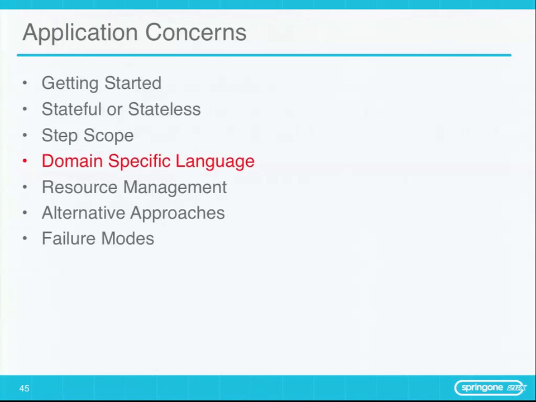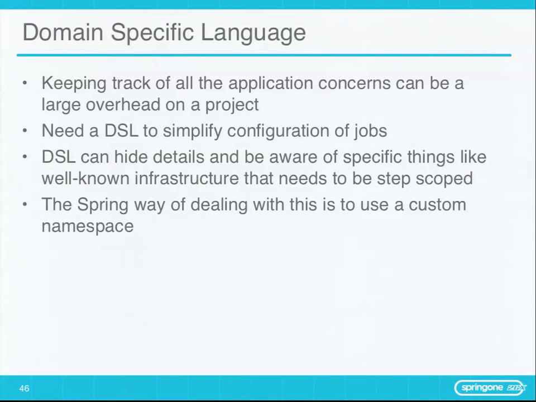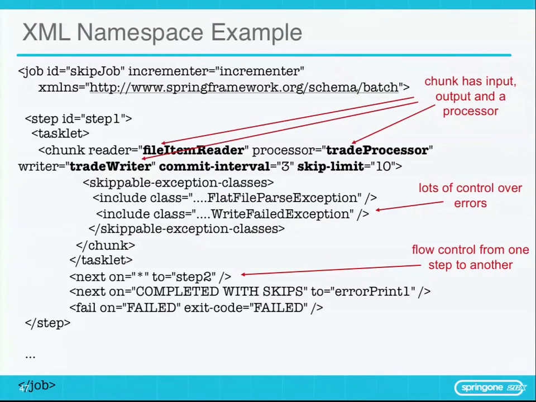Let's see. I want to get to the important bits here. There's the namespace itself. Here we go. This is the XML namespace. This is what you're going to deal with by default. You're going to set up the important infrastructure bits like the repositories to store this stuff, and data sources and transaction management. You'll set that up in regular Spring or using Java configuration, and that's a one-time thing. Usually you'll specify that once, and then from there it's just a matter of adding new jobs to your repository. You define them using the namespace.